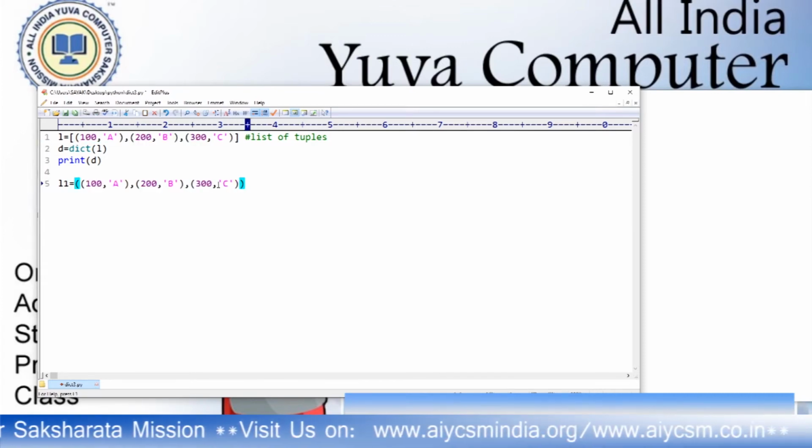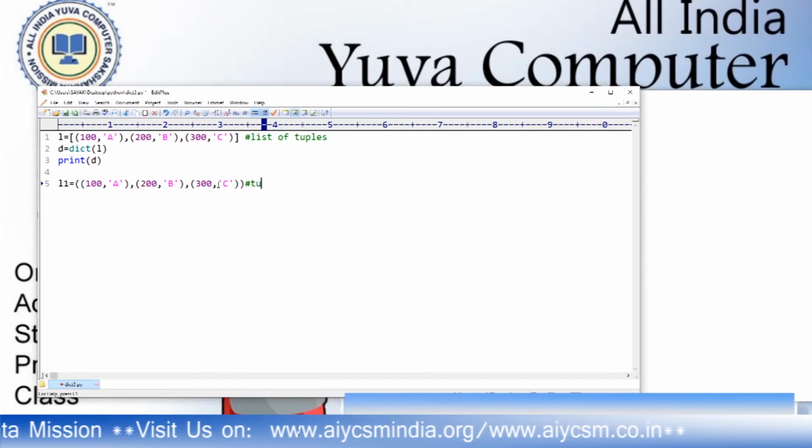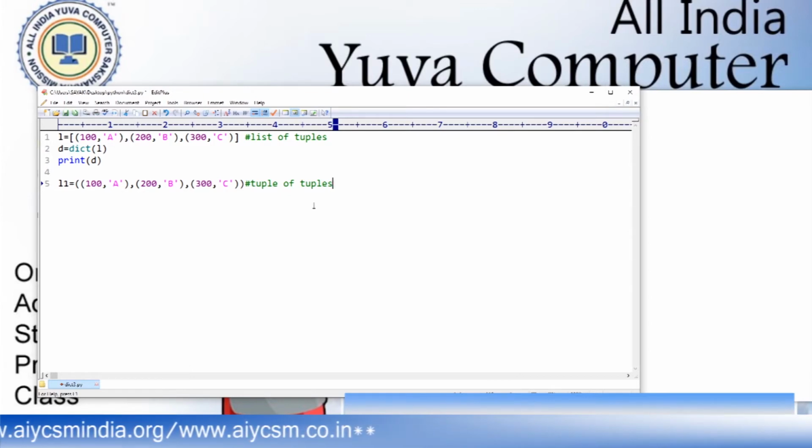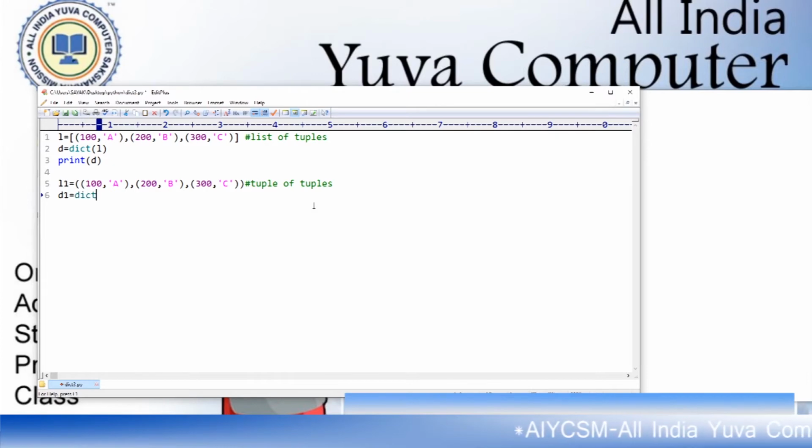This is a tuple of tuples. Now with the help of the dict function, this is actually D1, so we declared D earlier, dict of L1.